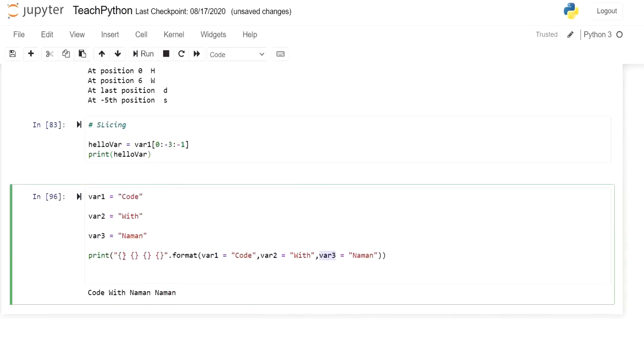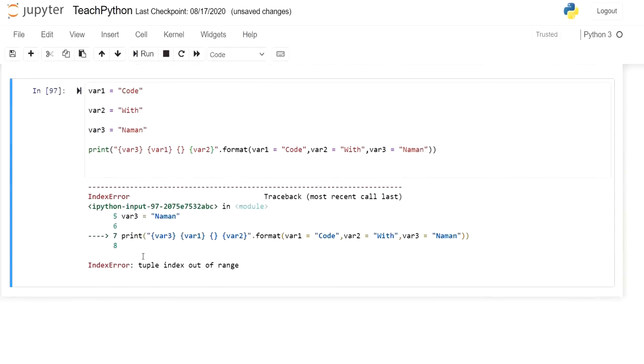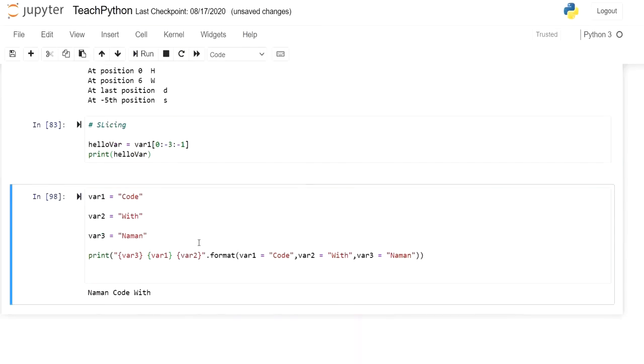What we can do is write var3 here, var1 here and var2 here. Oh, this is showing me tuple index out of range. Yes, I have this extra stuff. So you can see I have changed the sequence. So var3 is coming first. So this is how we can change the sequence.